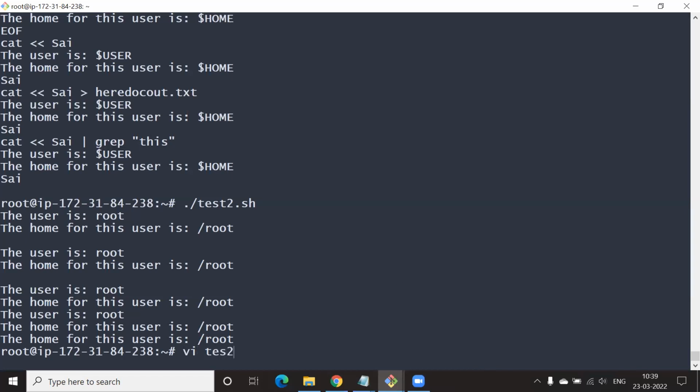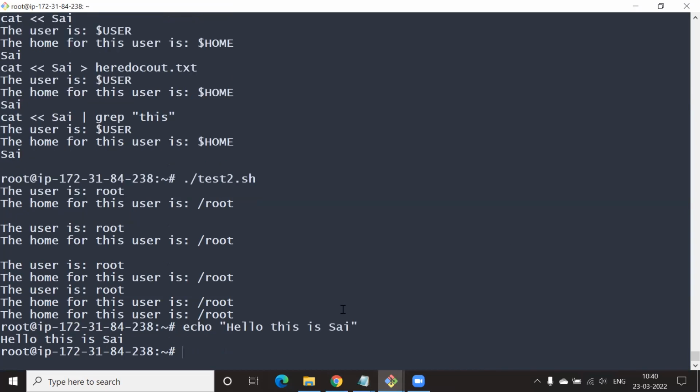Okay, try running this one in the terminal. Not test2, don't go in there. Just run it right there. Okay, simple echo. Now run this one.